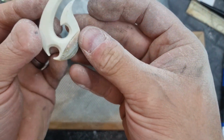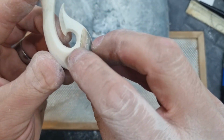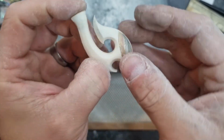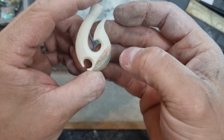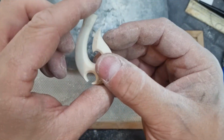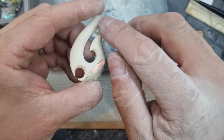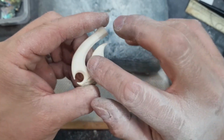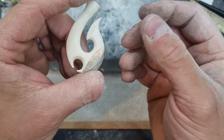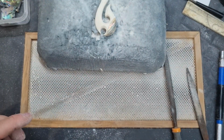Okay, so that's all filed to where I want it. Now I've just got to sand it. The main thing with sanding is, if you've got sharp edges like around in here, a sharp edge there, sharp edge there, make sure that you try not to round those too much. Sometimes it does look good if you have them rounded, but I want to keep those kind of square. So the best way to do that, amazingly enough, is just with a little thin strip of sandpaper. So what I'll actually do